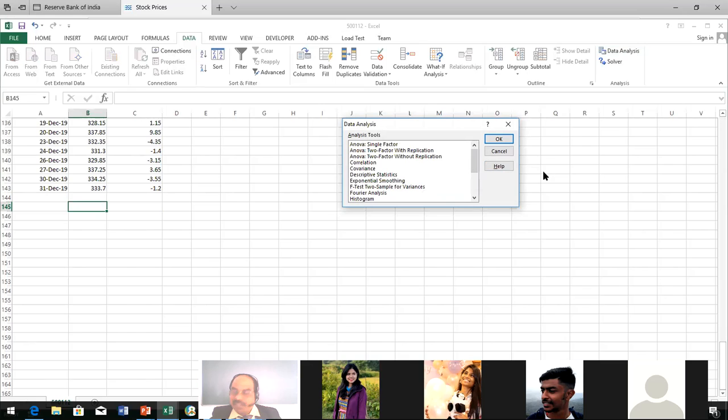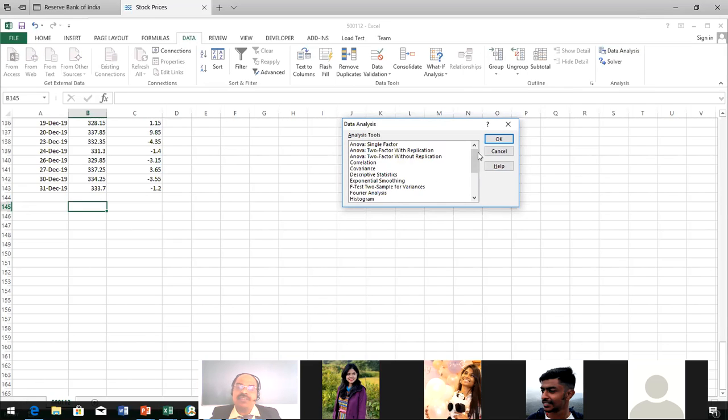ANOVA, even the ANOVA table is there. Correlation, covariance, descriptive statistics, exponential smoothing, F-test, Fourier analysis, histogram, moving average, regression. Everything is available here, so you need not worry about that.